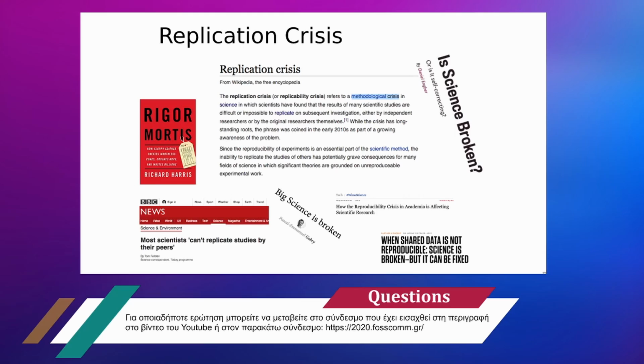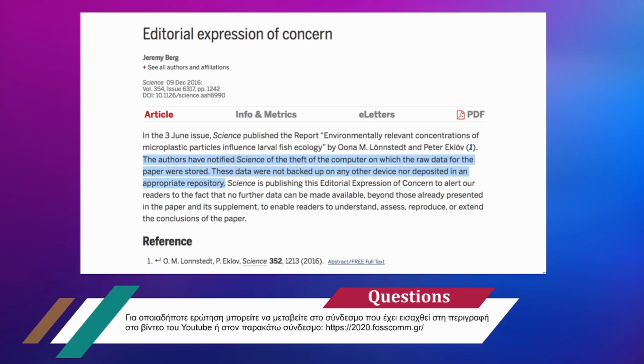So this talk is about the replication crisis. I bet you all know about that. It's a crisis. It has affected a lot of science. Many people are talking about that. It's been on the mainstream media, etc. Now, what does open source have to do with this? First of all, regarding the